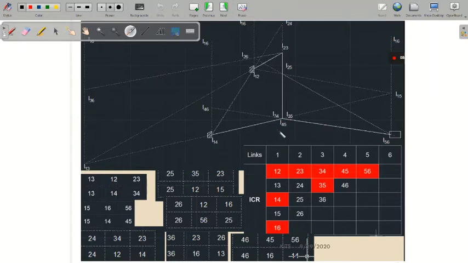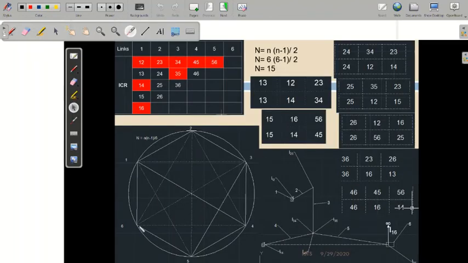For any line, you can get 3 or 4 triangles. For example, for this 3 6 line, 5 6 5 3 3 5, one triangle is there, and here one triangle is there, here one triangle is there. 4 or 5 triangles are there, but you choose any 2 triangles, that is enough. I have chosen 2 3 2 6 and 1 6 1 3.